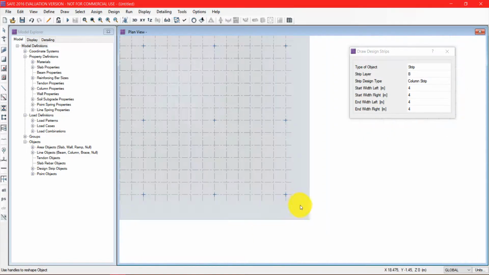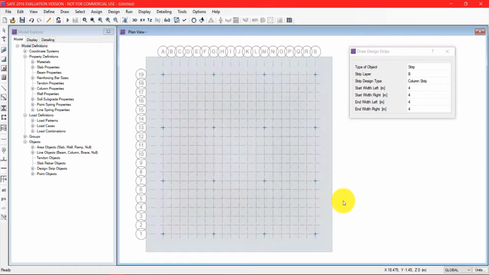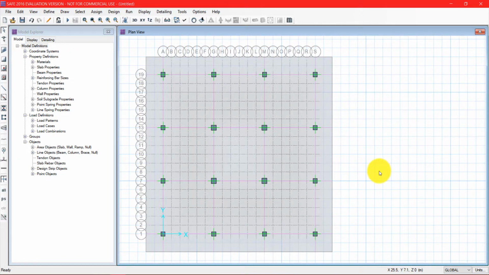So our design strips have been drawn. Let's press escape and move on to the next step.